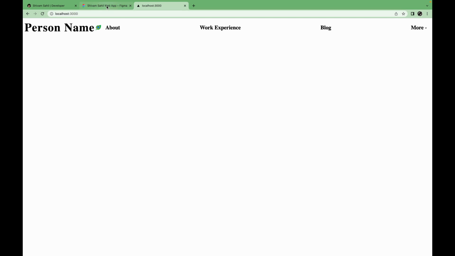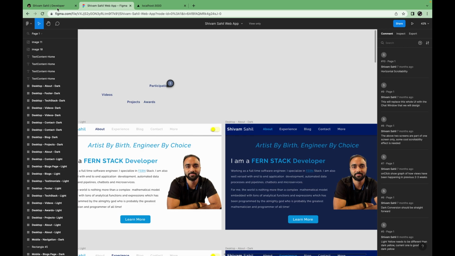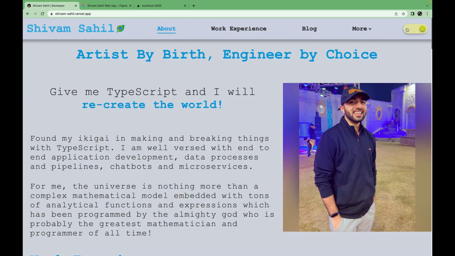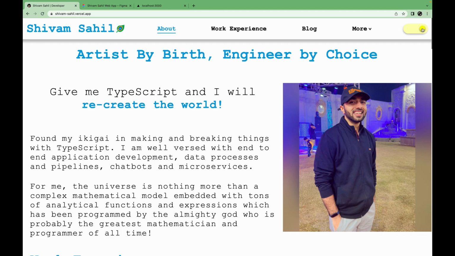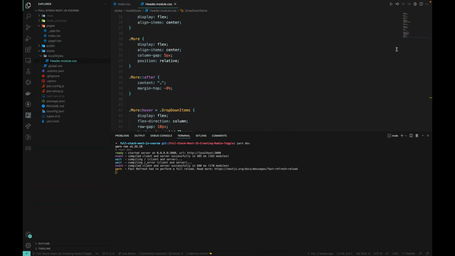We can add this toggle button that is at the top. And if you see in the actual website, we have a cool looking transition, like it gets slow and then moves towards the other end. So that's what we will be looking at. So let's first start with